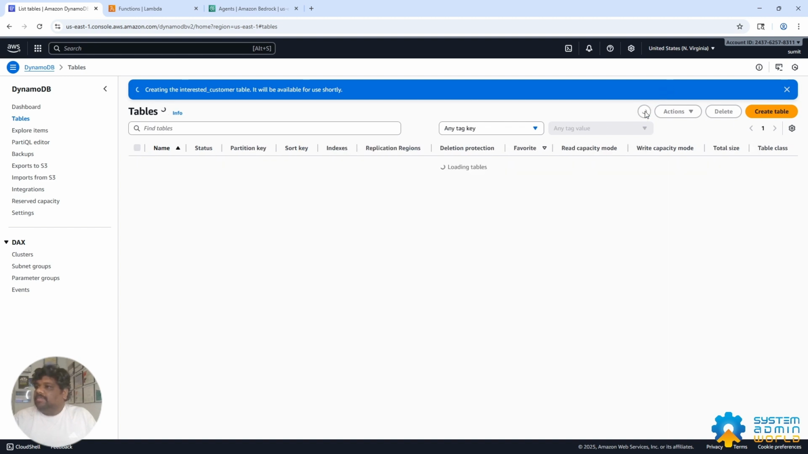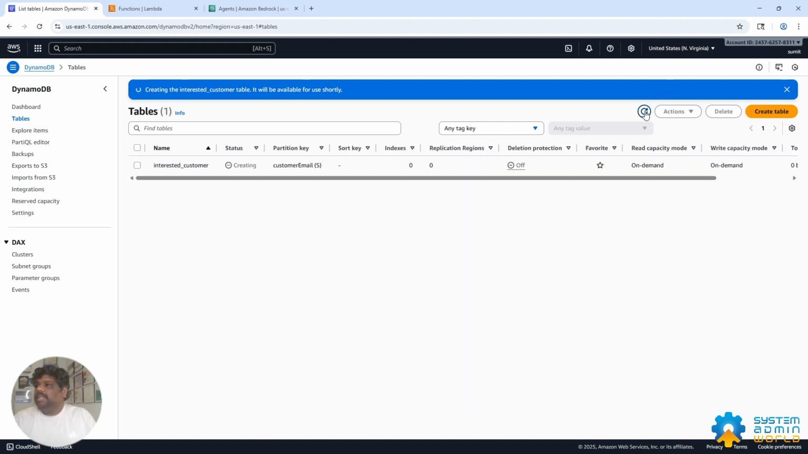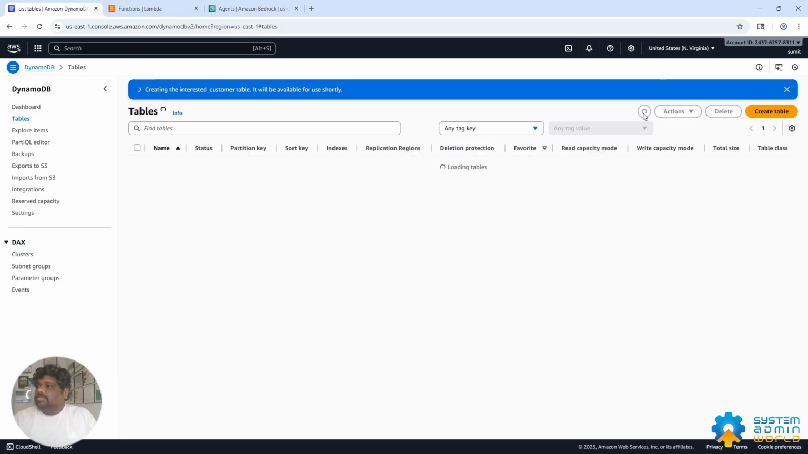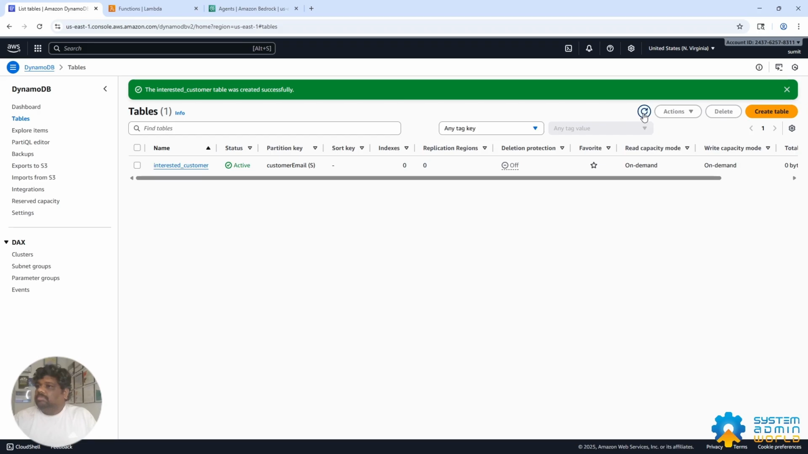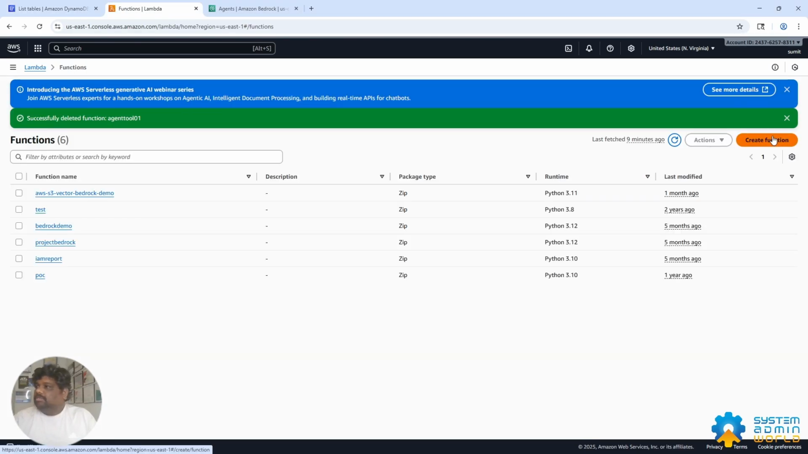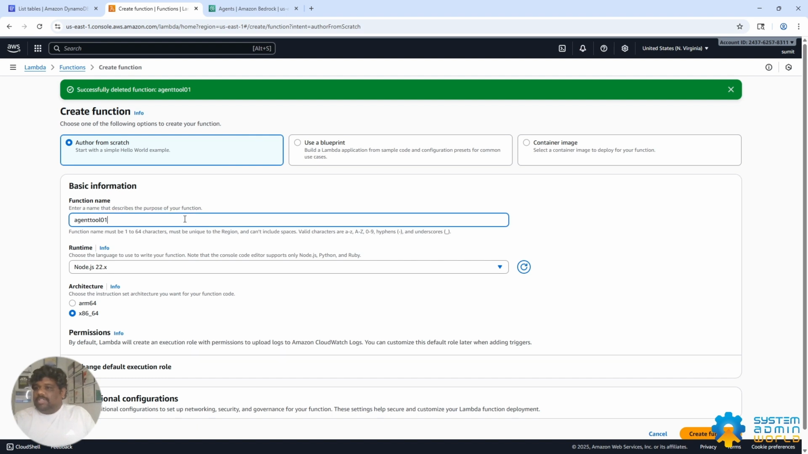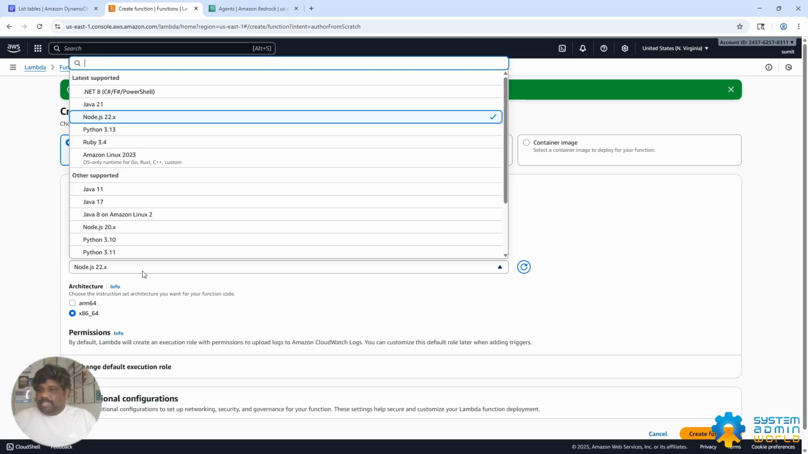Just refresh and make sure the table is ready. While the table is getting created, we'll create the Lambda function to execute the Lambda. Okay, good. So I'll be creating a simple Lambda function, which is the agent tools 01 tool. Okay, we'll be using Python